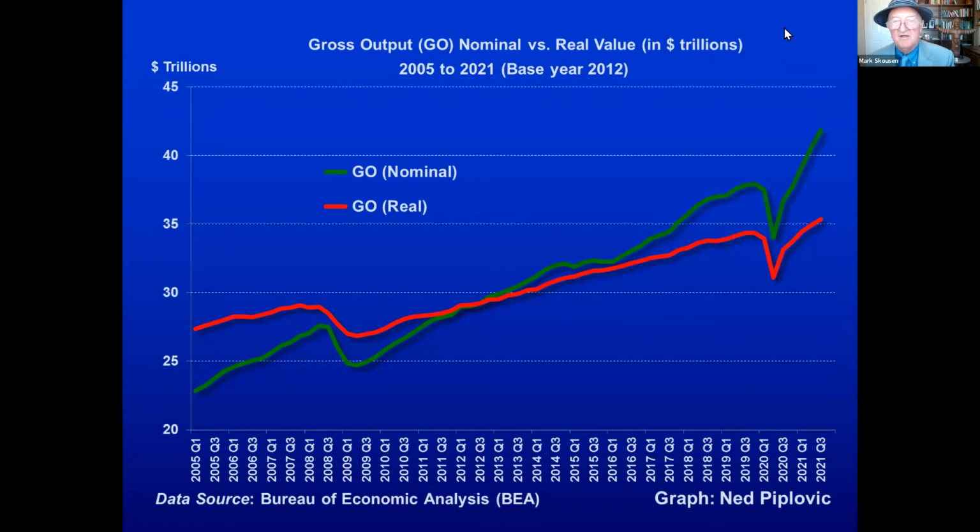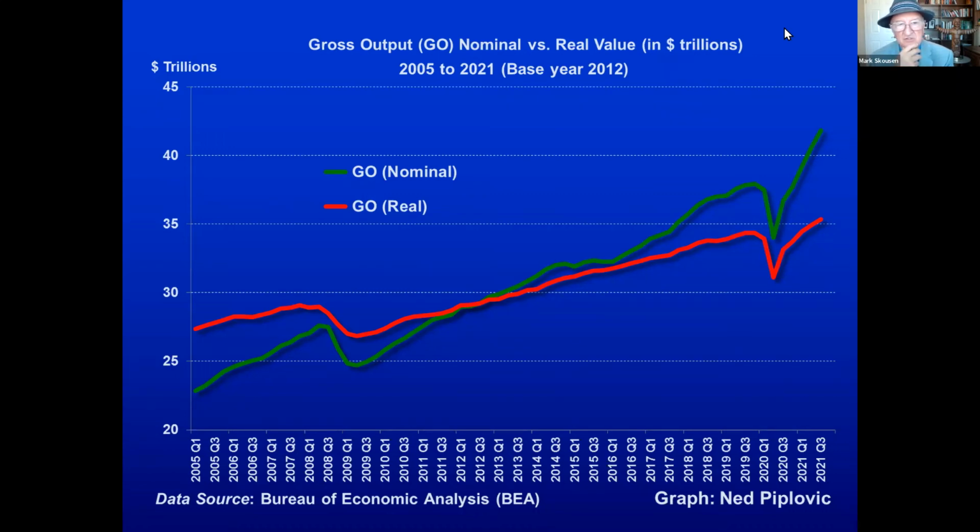You can also see on this that nominal GO, total spending in the economy, is over $51 trillion in the US economy, 51 trillion. So the economy is not GDP, that's final spending only, that's 23 trillion. But if you really want to measure total spending in the economy, it's $51 trillion. That's how big it is. And it has been growing rather dramatically, as you can see here,